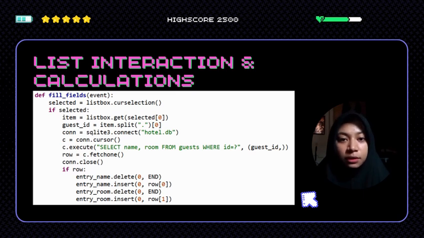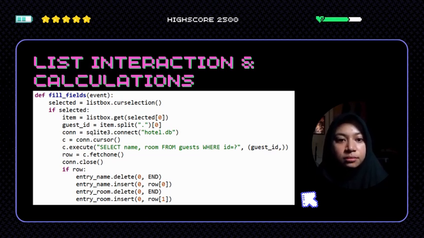The second one is to connect to the database. A connection is established with a SQLite database, hotel.db, using sqlite3.connect(). This allows us to execute queries to fetch guest data. Next, to retrieve guest information, a SQL query is executed using c.execute(), SELECT name, room FROM guest WHERE ID = ?, with (guest_id), which retrieves the guest name and room number based